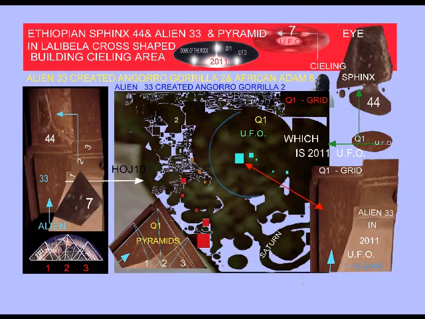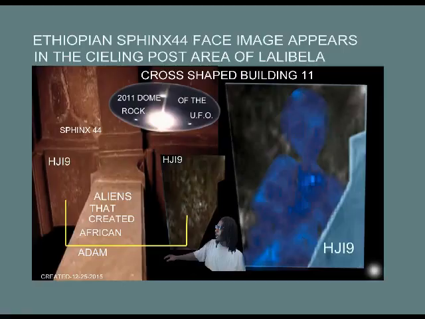I refer to it as the Sinai Alien 1 face, generated from the air-reviewed Sinai Mountains, and the Alien 33. Now Alien 33 face looked like a black extraterrestrial. He looked like an African with big black oval-shaped eyes, thick nose, and lips. Now when we go back to Alien 33 connected to Ethiopia's cross-shaped building structure, we see